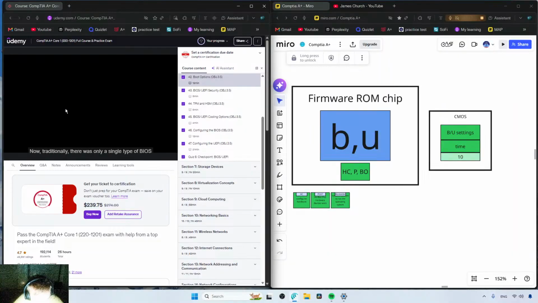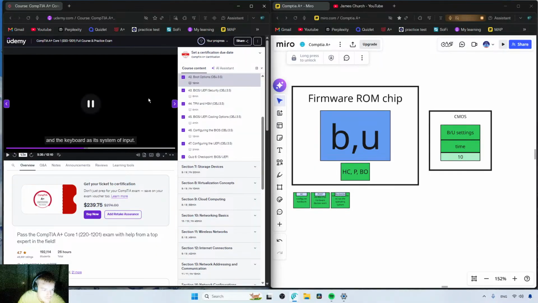Now, traditionally, there was only a single type of BIOS, which relied fully on a text-based menu system and the keyboard as its system of input. This traditional BIOS provided the user with the ability to view information on memory, CPU,